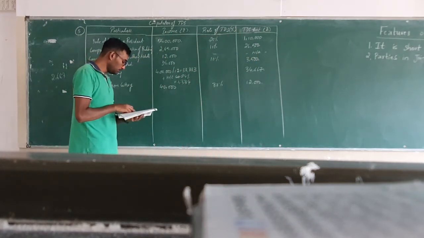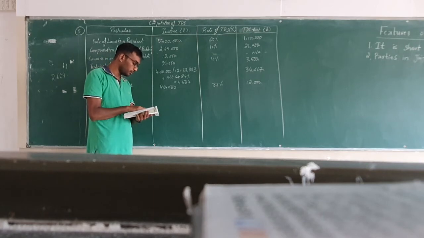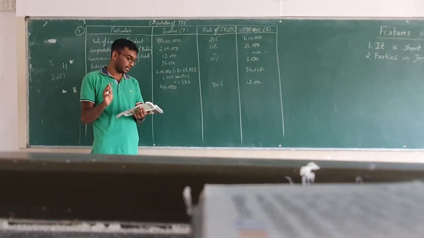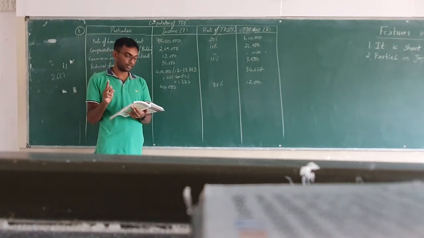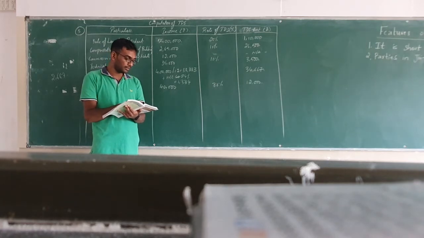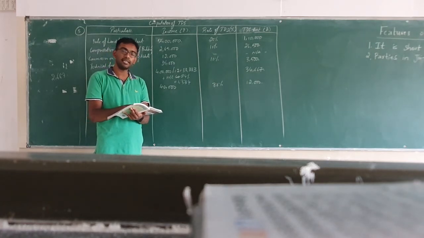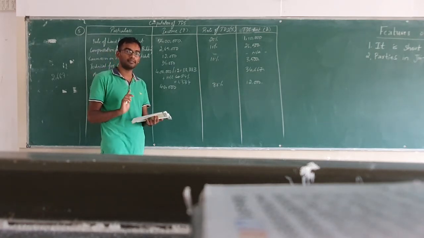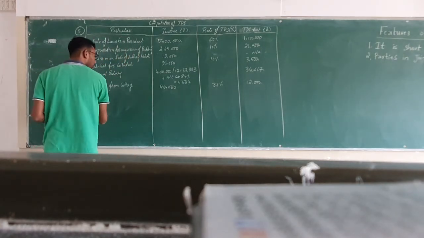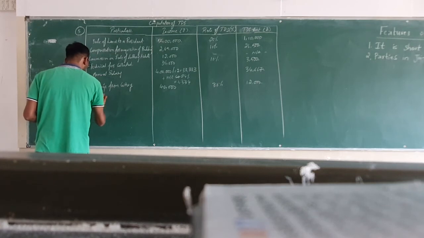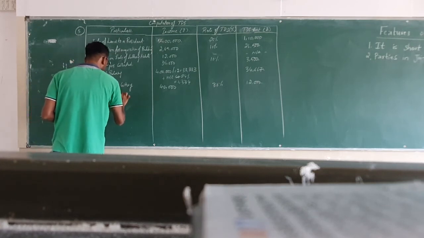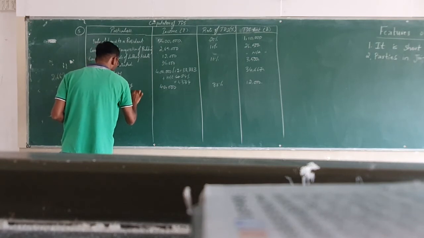The next item, what have they given? They have given LIC payment paid to policy holder, 10 lakh rupees. Now whenever LIC amount is received after the maturity date, only if the amount is more than 1 lakh rupees, then TDS is applicable at the rate of 1%. Here how much money is received after the maturity date? It is 10 lakh rupees. So 1% TDS is applicable. So under particulars write down LIC payment made to policy holder.